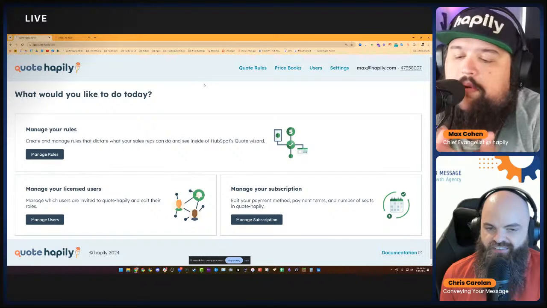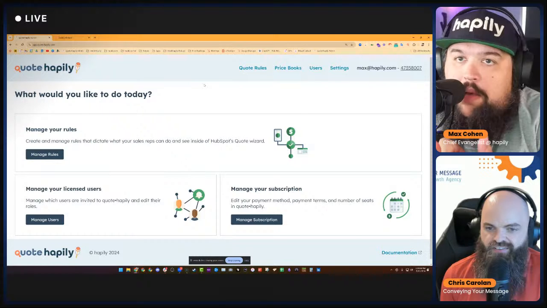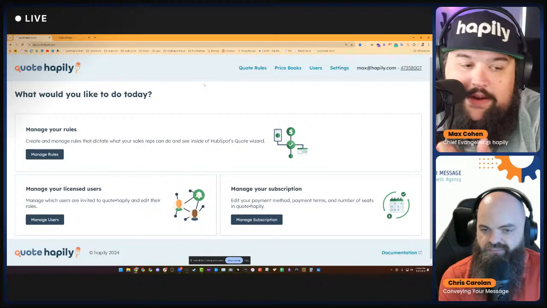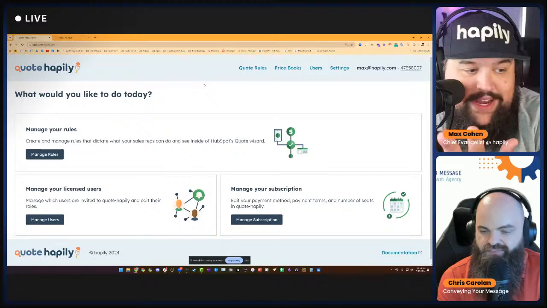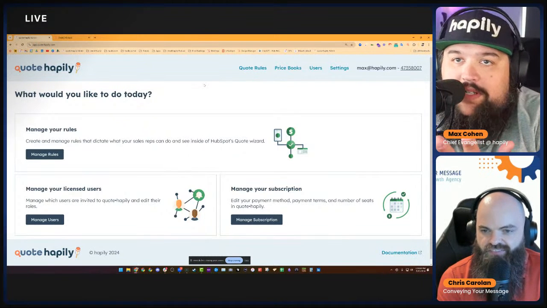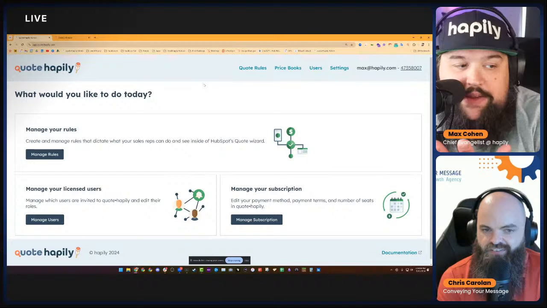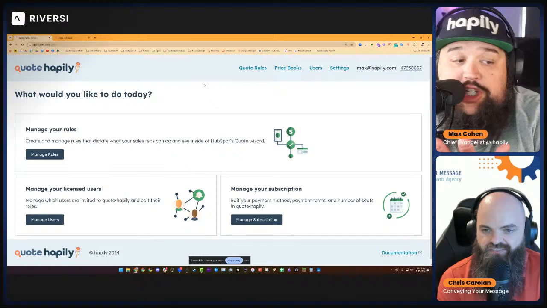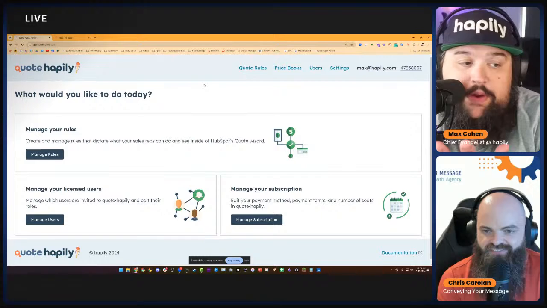But what we set out to solve for in this version 1 is, one, how do we take the Wild West world of HubSpot quoting and apply a layer of just the right amount of guidance, guardrails, and governance, right? What that's solving for is, when I'm selling something, I need nudges on when I should be discounting, how much I should be discounting, or what I'm allowed to discount. If my sales reps are getting a little too generous, I need a way to pull that back and provide some guardrails around what they're allowed to do.